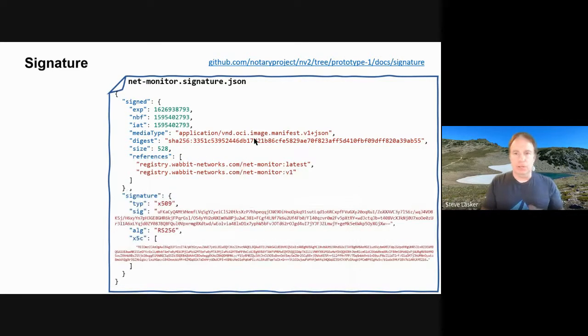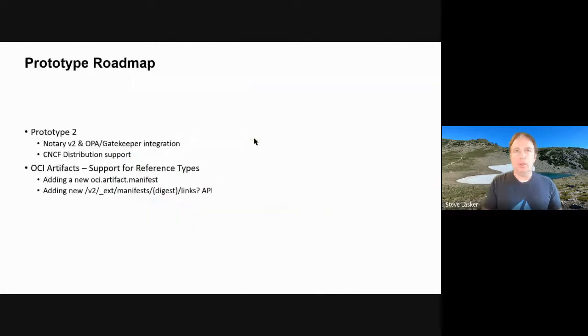So then there's details of the signature itself. All right, for the sake of time here, Dan said make sure I leave time for questions. So where we're at is prototype. What I just demoed was prototype 1. We did that last September. We completely hacked the registry to make this work. We took what's now CNCF distribution, and we basically jacked in some stuff related to how storage gets done and the way we do the linking.